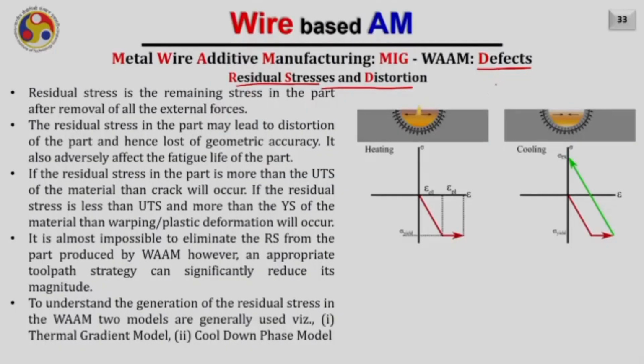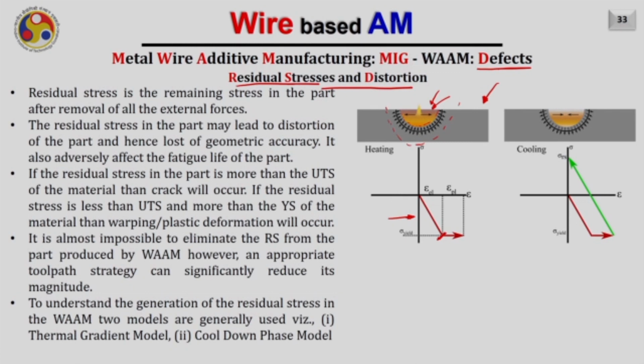Let me try to explain how these residual stresses are generated in the part. We know that when the material is deposited at the center of the arc, the region will be in the molten state. So what you are seeing here is the molten pool. And as this region expands due to thermal expansion, of course the nearby area in the substrate will have a compressive load on it, because this expansion of the molten pool will compress the nearby area. As a result, as you see in this curve, the stresses will be negative